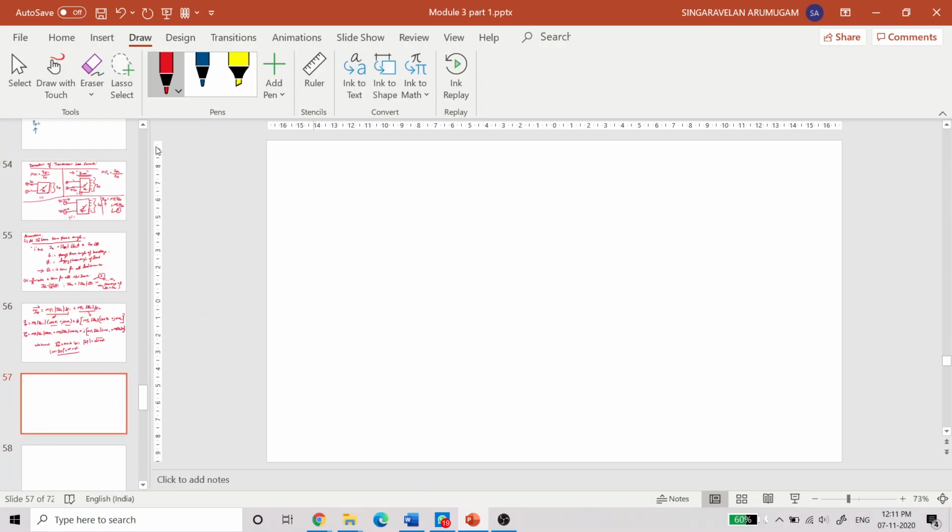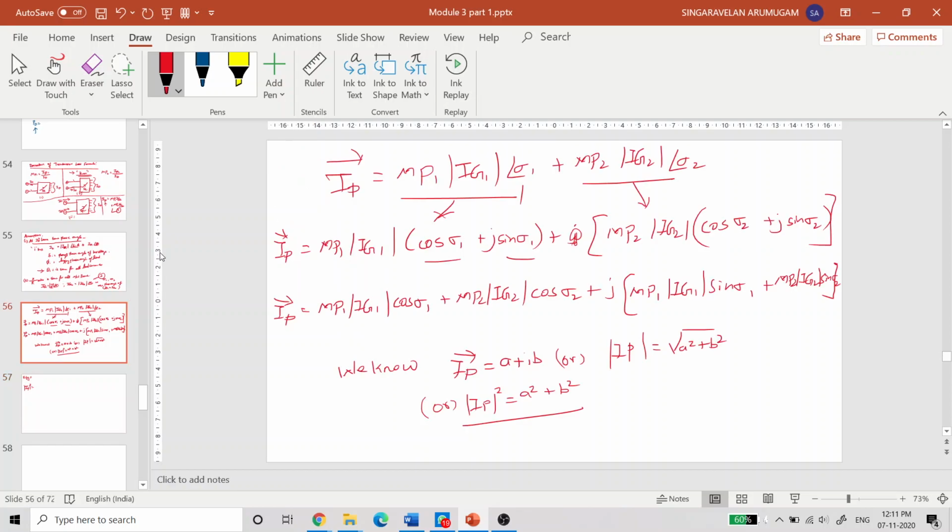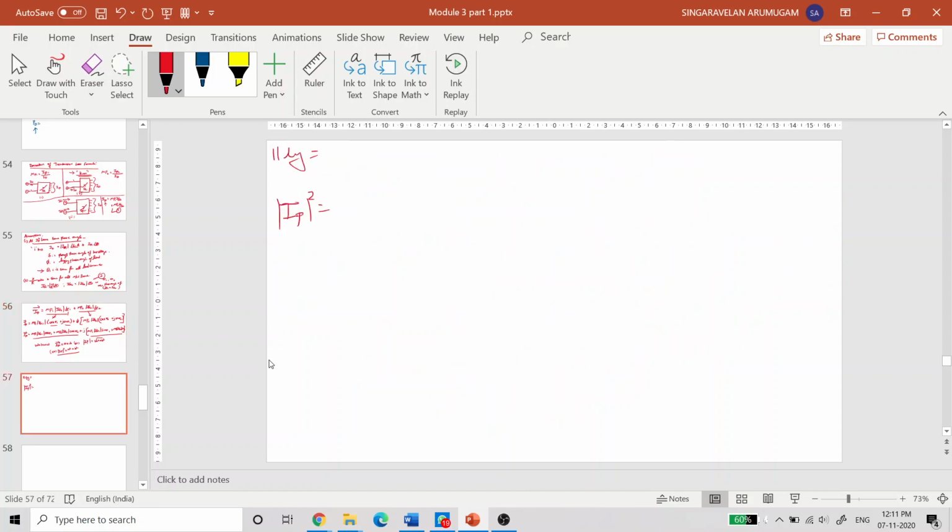Similarly, if I make this IP modulus whole square, and you consider this as A and this as B, then I will get the A square plus B square value. So finally I will get MP1 Ig1 cos delta 1 plus MP2 Ig2 cos delta 2 whole square plus the B part, where the imaginary is removed, so the remaining is